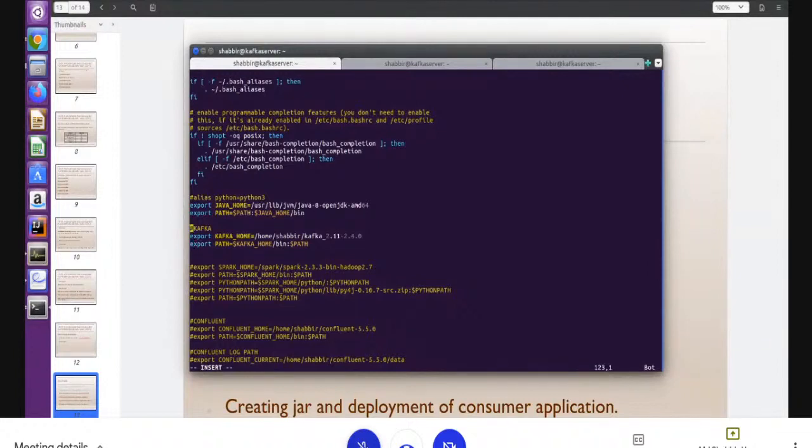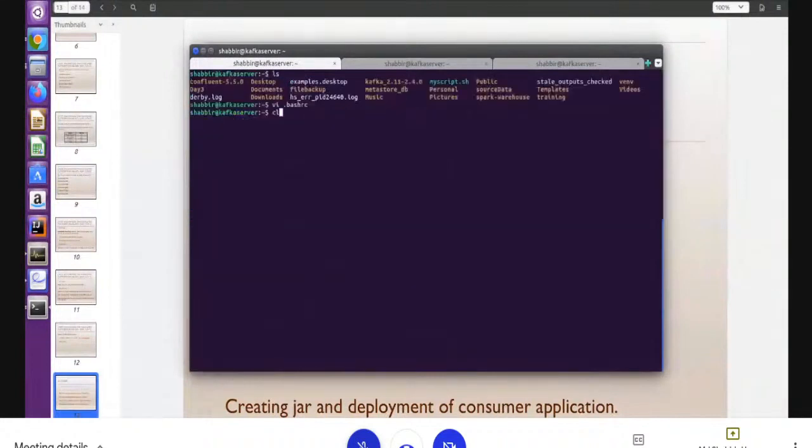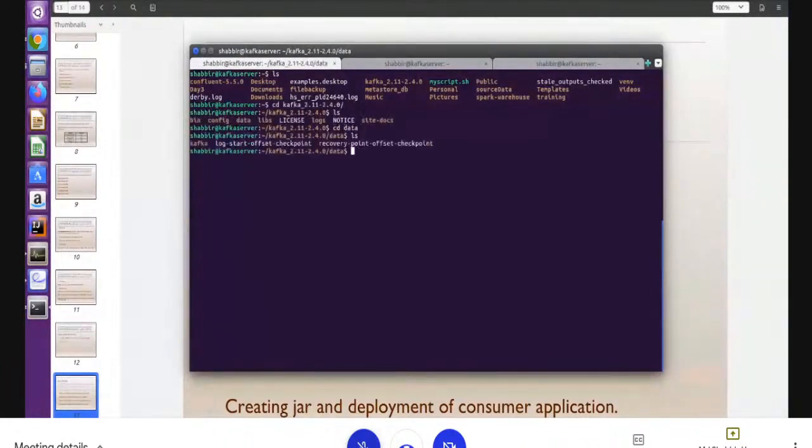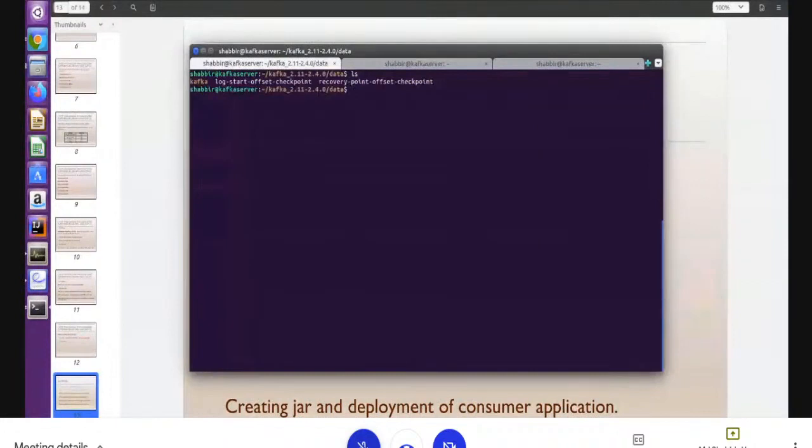So I have Java here and I have the Kafka code. What we have to do is just remove all.